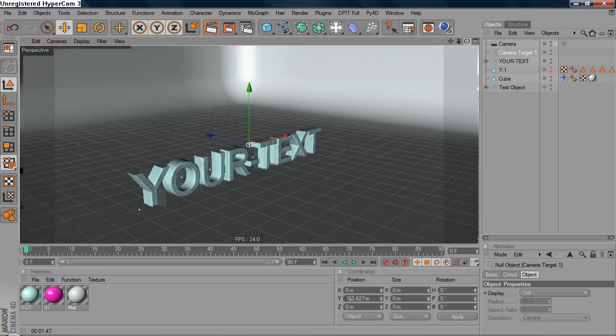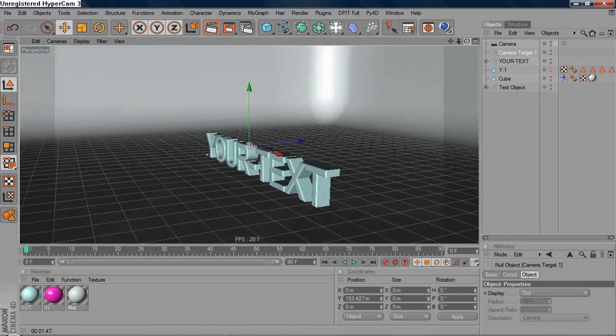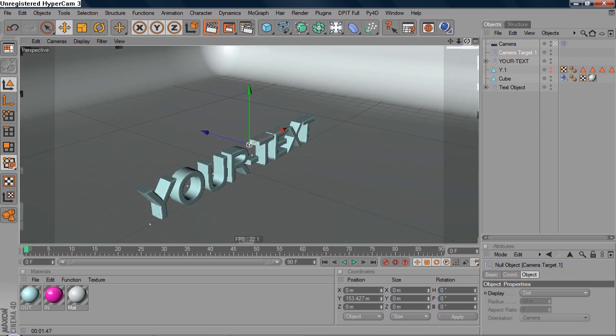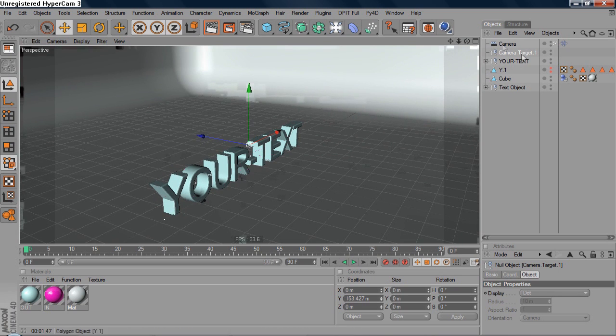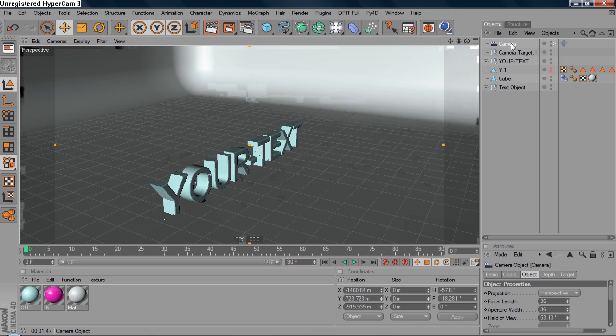And looks good. Alright, let's animate the camera. Just back out a bit, just a hair. And when you keyframe your camera, make sure you select the camera, not the target. So you want to hit the keyframe here and move to frame 20,